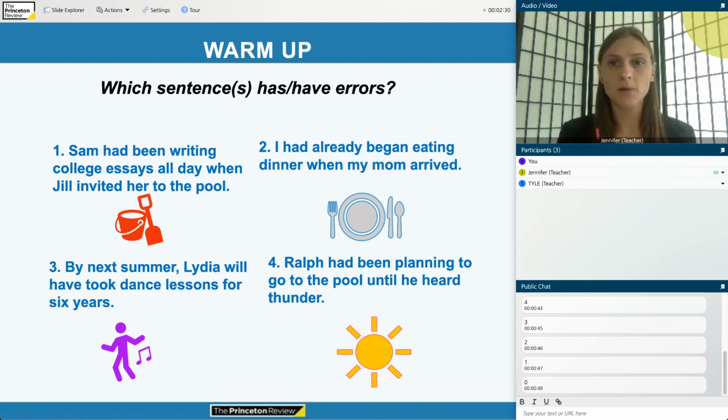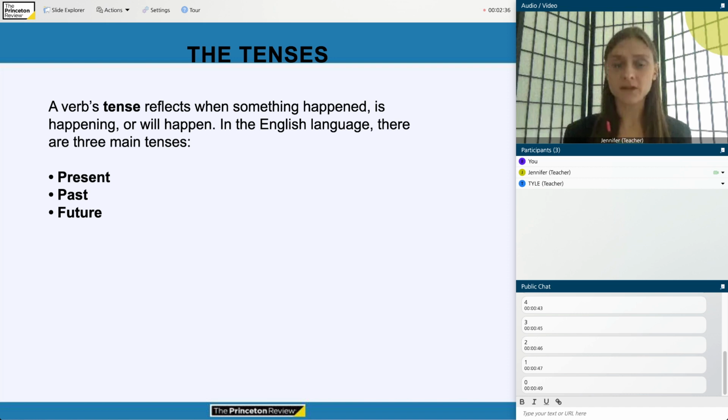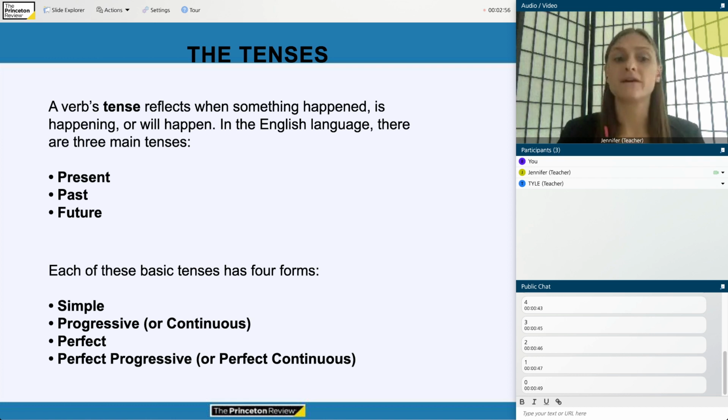So let's start with talking about tenses in general. In the English language, there are 3 basic or primary tenses, right? We've got the past tense, something that happened before, the present tense, something that's happening right now, and the future tense, something that hasn't happened yet. That's your most basic forms, but all of those tenses can be even more complicated, and we can look at them in the simple tenses, the progressive or continuous tenses, the perfect tenses, and the perfect progressive, also known as the perfect continuous tense. So there are actually 12 different core tenses in the English language,